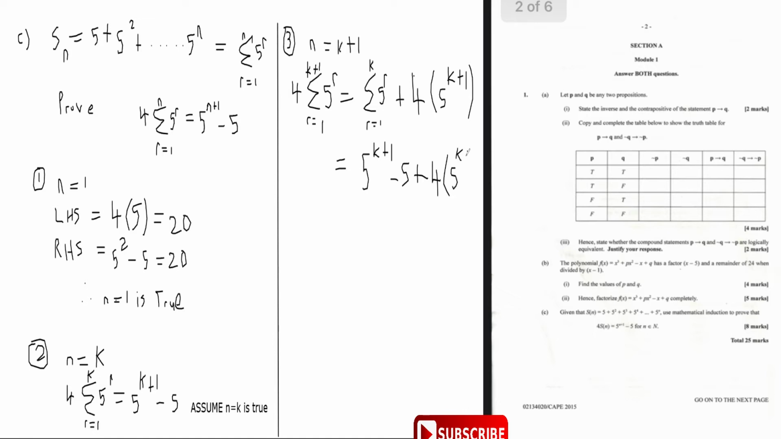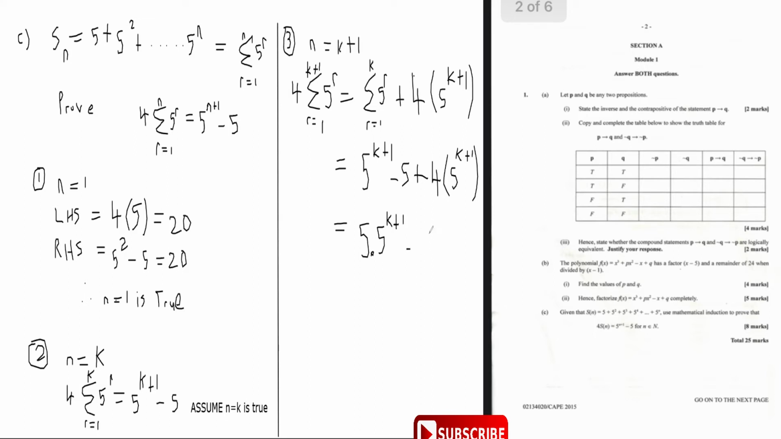Now look at this. You have 5 to the k plus 1 plus 4 times 5 to the k plus 1. So that is just 5 times 5 to the k plus 1. You have one donut and you have 4 donuts. You add them and you get 5 donuts. So it's 5 times 5 to the k plus 1